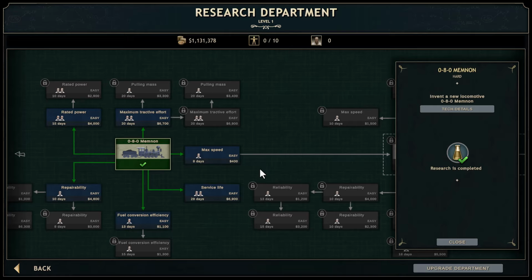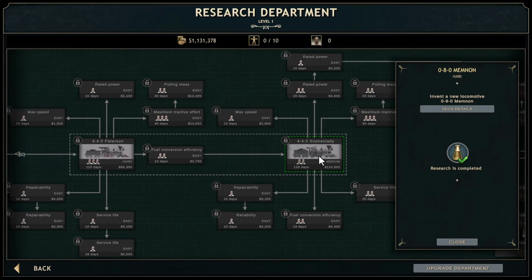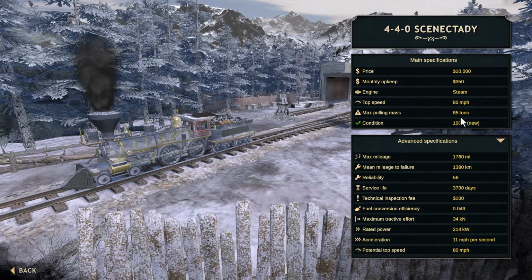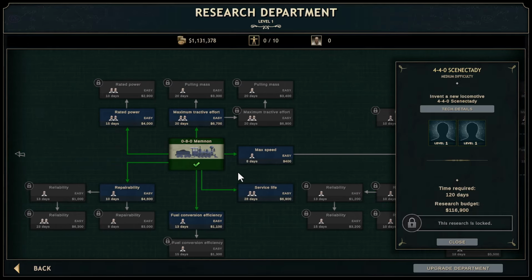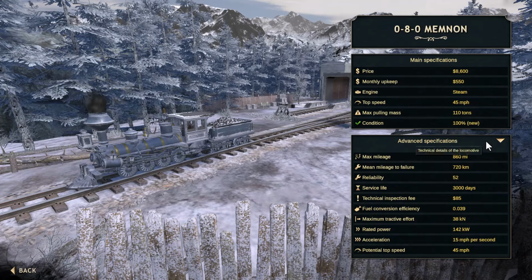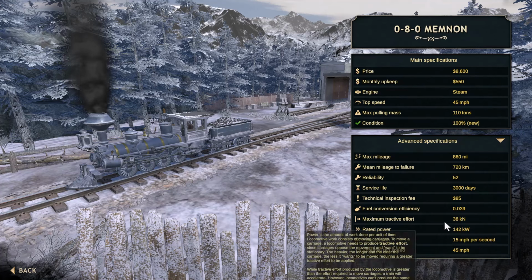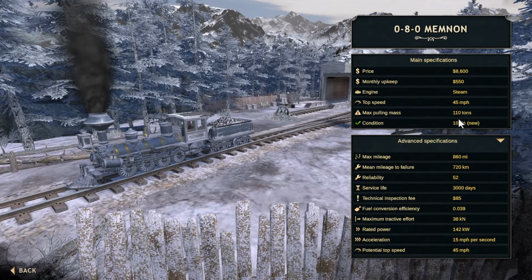So we're going to do that, but our goal is to get out here to the Schenectady. So again, this one was like 80 and 80, wasn't it? 80 and 85. Okay, 80 and 85. And the Memnon is 110 and 45. The attractive power is 38. As I recall, the Schenectady was like 35. So it really doesn't have much more traction than the Schenectady. Has a much slower top end, and a fair amount to probably hold an extra wagon per trip, which is